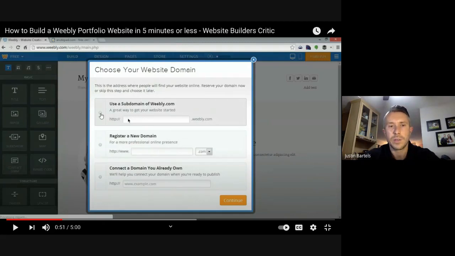And then what you're going to do is type in a name. So it could be your first and last name, or it could be like, J Bartels Photo, or it could just be Justin Photography, and then see if it's available. So he's going to search a couple and see if it's available. Use a subdomain of Weebly.com, which will be a lot quicker than registering my own domain name and connecting a domain name I already own. So I'm going to call that